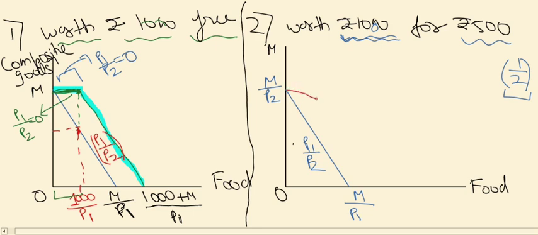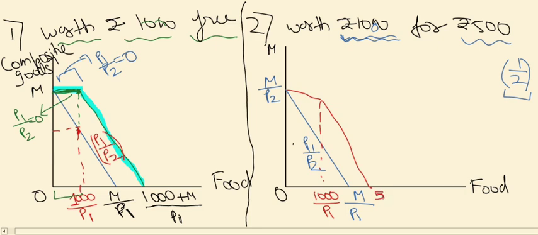So we will draw this in red color, and the point is 1000 by P1, and beyond that if he wants to consume, he has to pay the market price ratio, that is P1 by P2, that is parallel to the initial budget line without the food stamp program. Now here the intercept would be, you can think now, he's getting rupees 500 worth of food